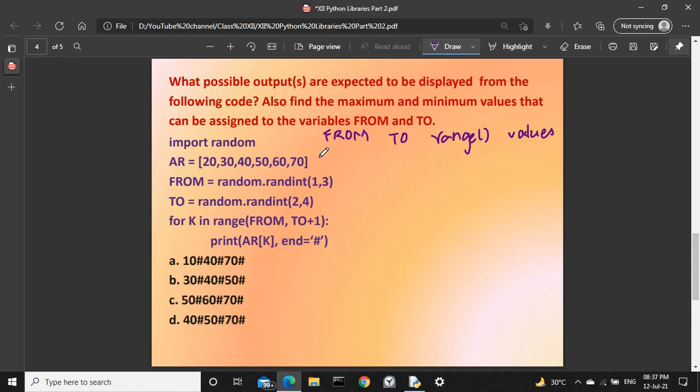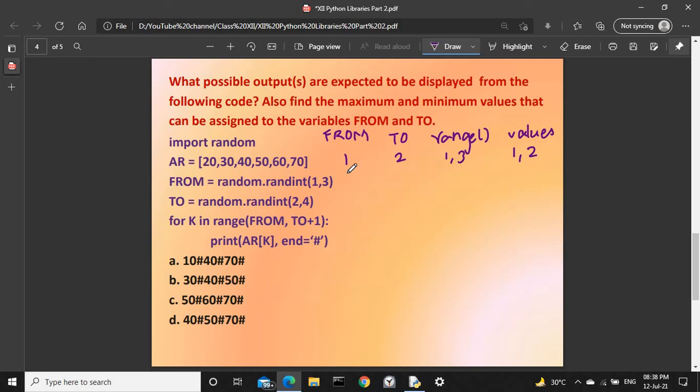Let us assume that the randint function generates the value 1 for from. At the same time, randint generates 2 for the variable to. So the range will be 1, 3. The possible values are 1, 2, because in the range function, the lower limit is included, but the upper limit is not included.